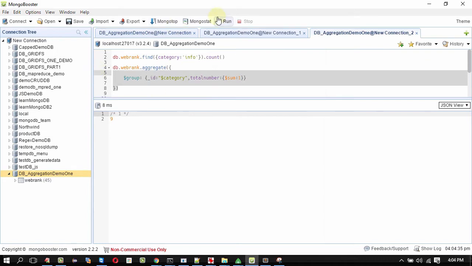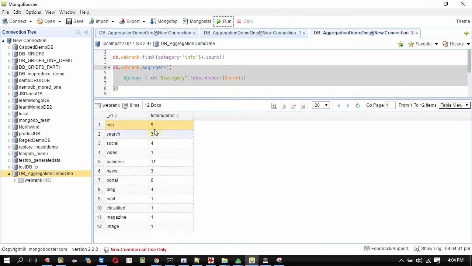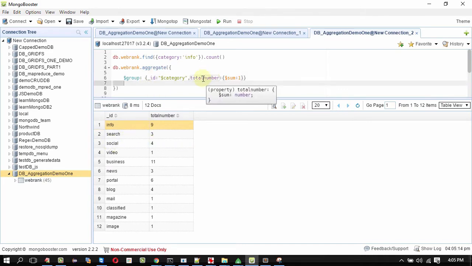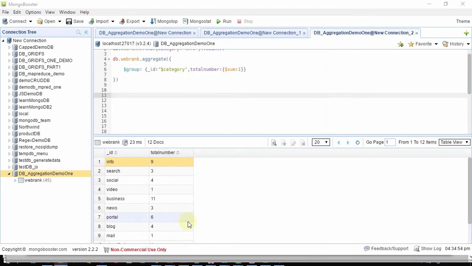So the results are matching. Under info we got 9 websites. Under search we got 3 and social we got 4. This total number is from the sum accumulator operator. We have grouped using category. We have successfully done our first exercise using the group operator.